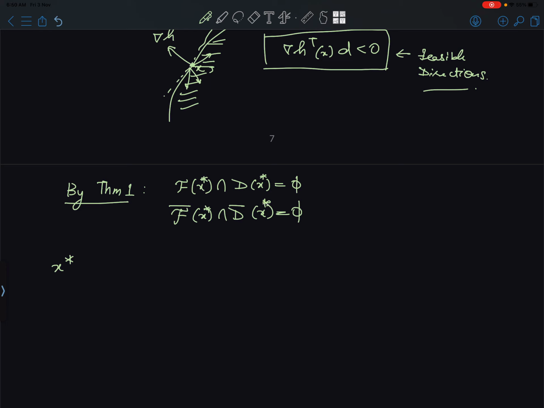if my x star is a local minima, then f bar of x star intersection d bar of x star is a null set. Okay,